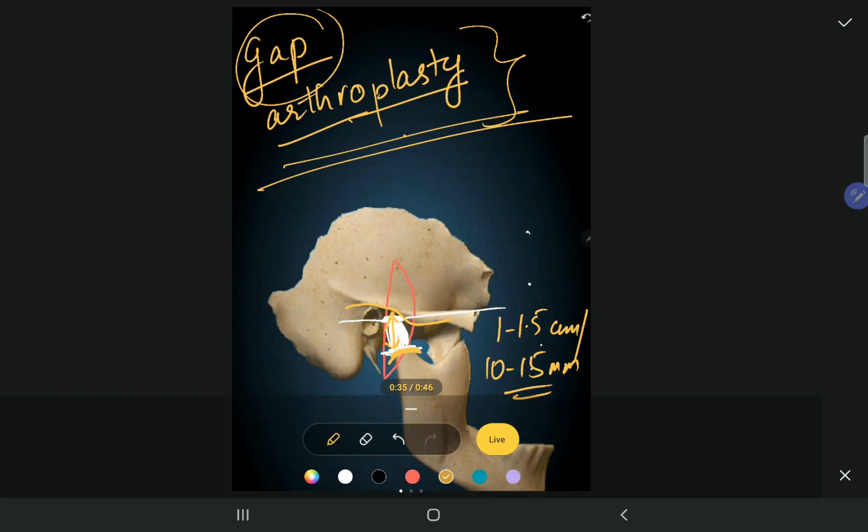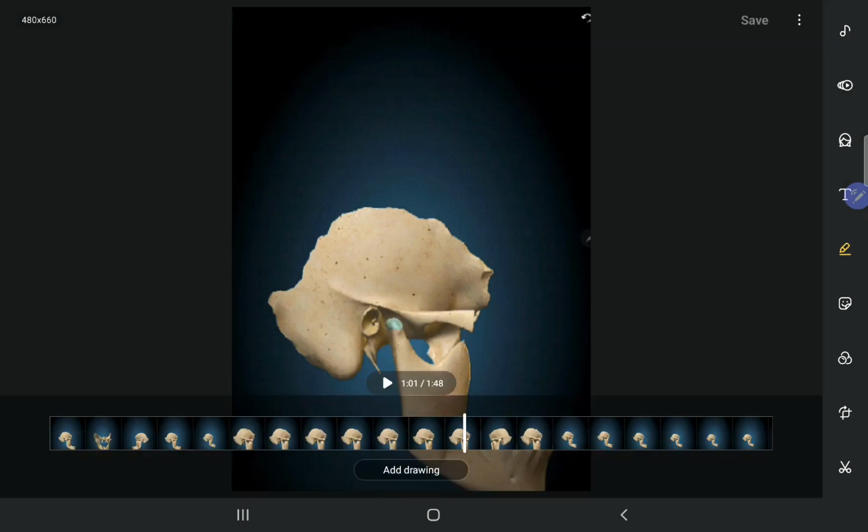In which situation do we reshape it? When there is a fusion. We have to remove the bony union. So, how are we doing it? By creating a gap, and this procedure is known as gap arthroplasty. As easy as that, right. And then we have this